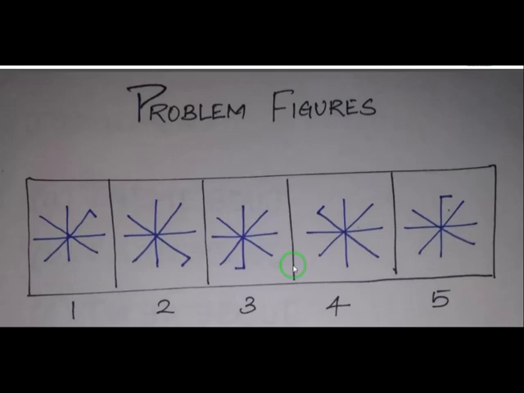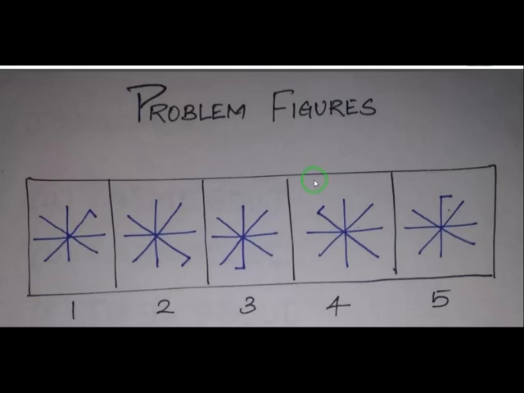For this type of question, we must know two things: the first one is angle, the second one is clockwise and anti-clockwise. Actually, someone may get confused about which one is clockwise and which one is anti-clockwise in examination tension. So we never use angles and clockwise and anti-clockwise here. Instead, I am going to tell you a small technique to solve these figure problems. That is the series problem method.